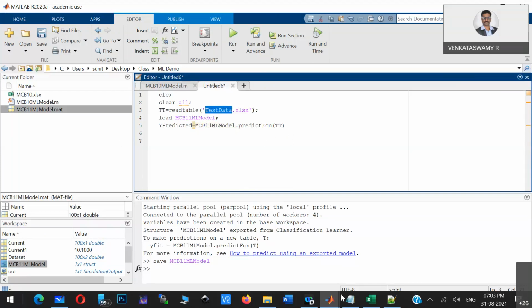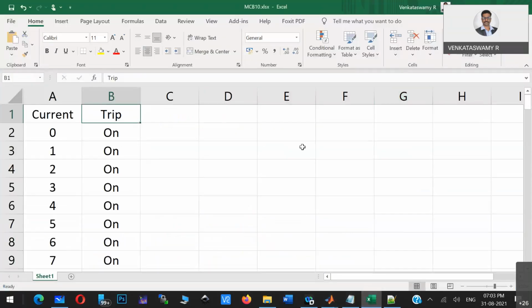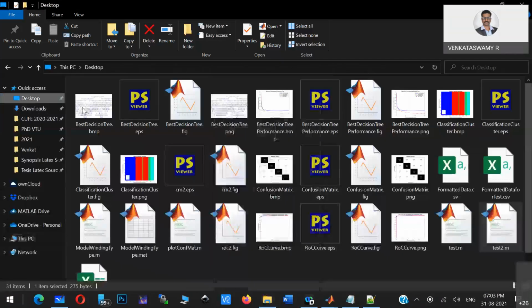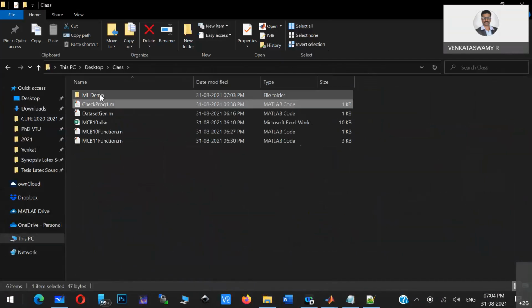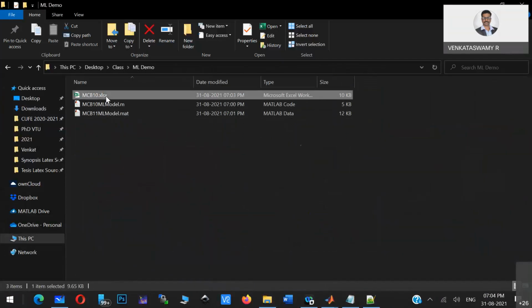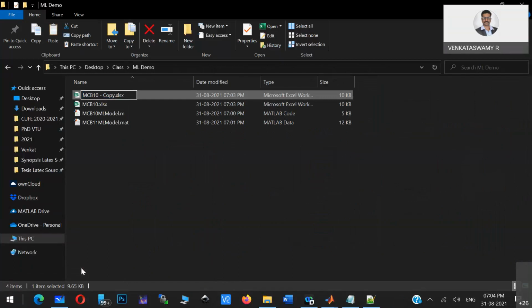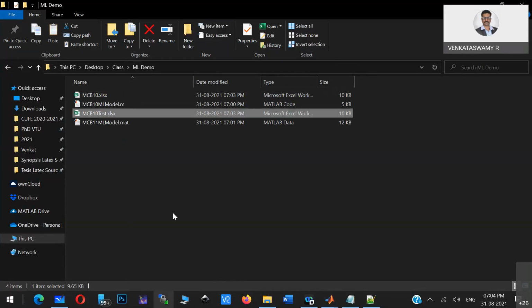Now I'll just copy and paste, and I'll rename that file as test data. I'm just prefixing that with test.